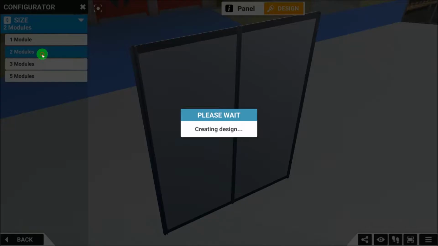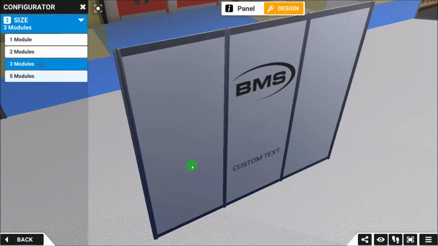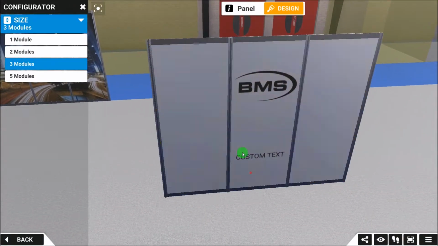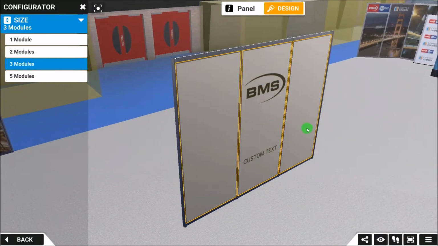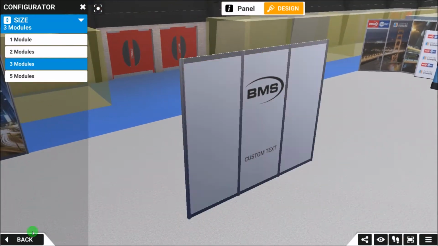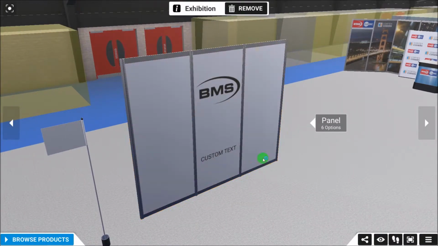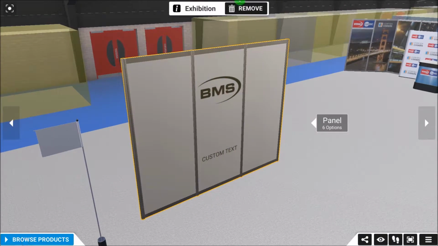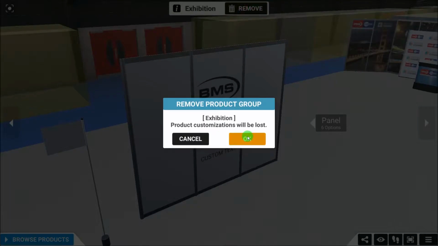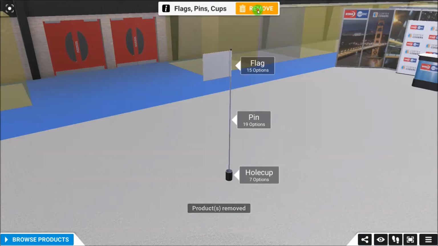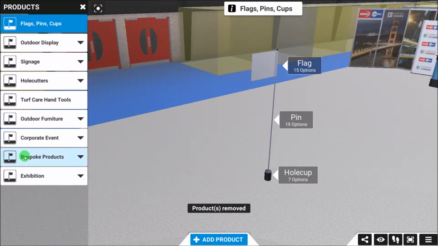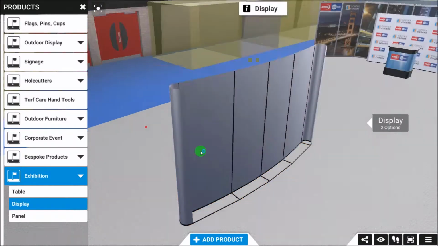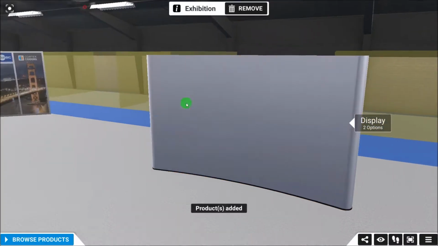Click on the left here, we can show it as 2 modules, 3, and we can spin around and zoom in and out. Location of objects isn't sorted out, that's something that would need to be discussed. It's part of the much bigger plan of work that would need to be done. So if I click on the object again and go back, I don't want that, so I'm going to remove it,